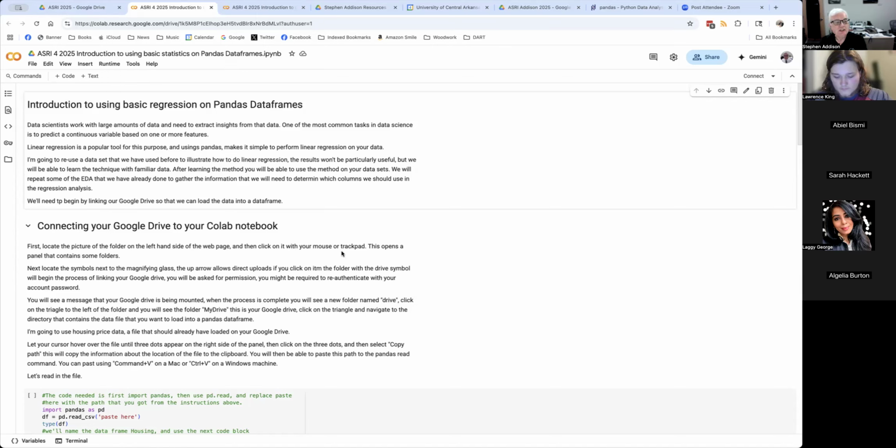I'm going to use the data set that we used this morning to illustrate it. The results won't be particularly useful or that good, but we'll be able to learn the technique with data that we've looked at before, and that we know that you can upload. And after you see the basics of the method,